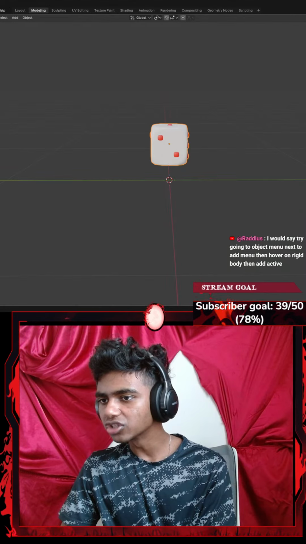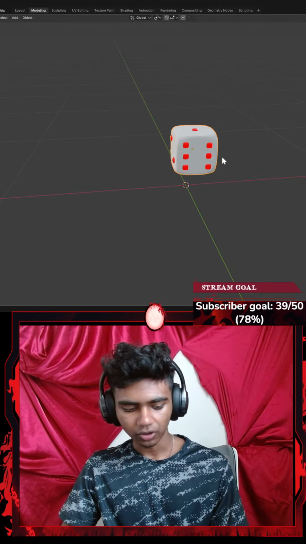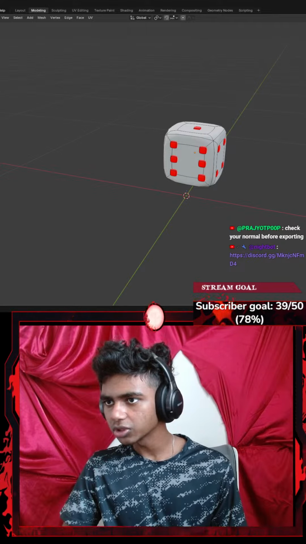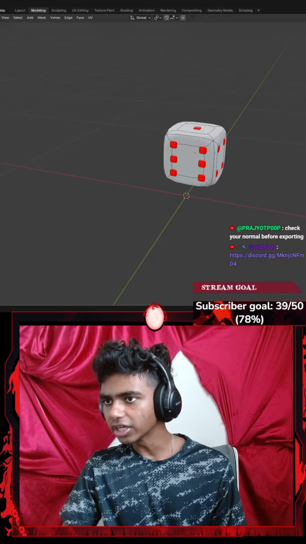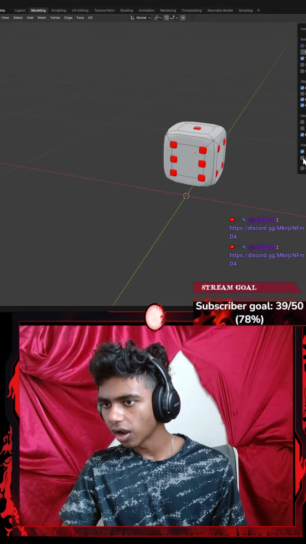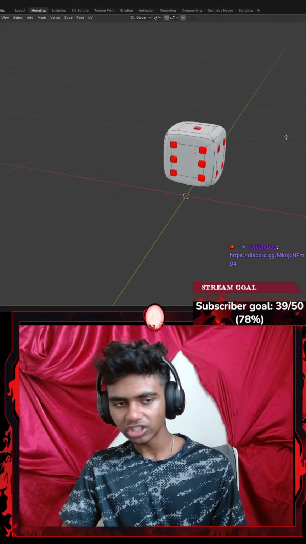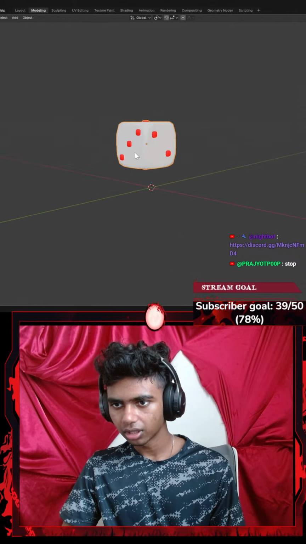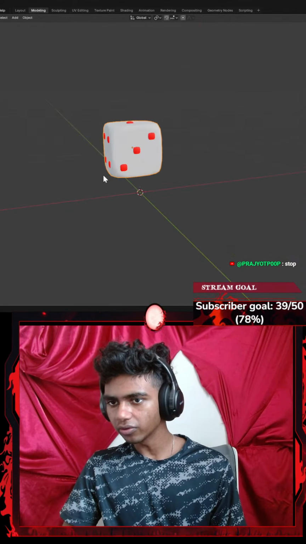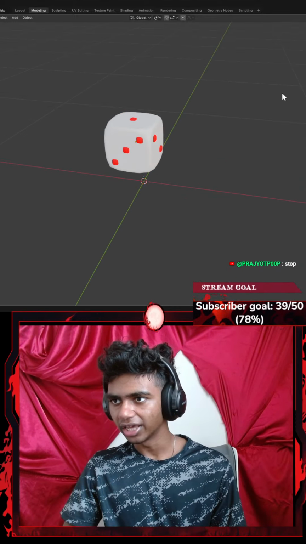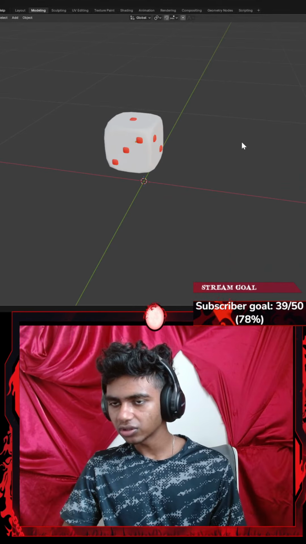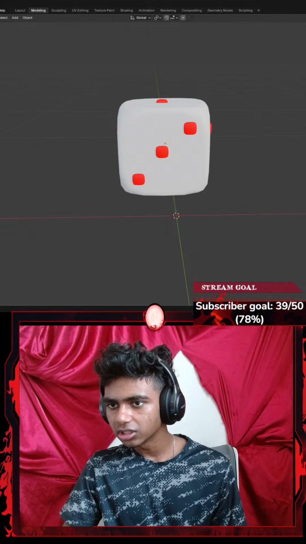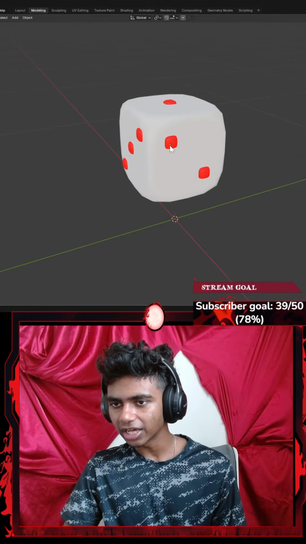Hold up, guys. Let's go to something like face orientation. I'm going to go into edit mode. Okay, let's turn on face orientation. I think it's normal, right? Attribute test? I think it was face orientation. If it's blue, that means it's good, but I don't see a color either way. Let's close face orientation. Oh wait, I think I see. Maybe my dice needs to be flipped. There we go. I think my dice has got to be flipped, guys.